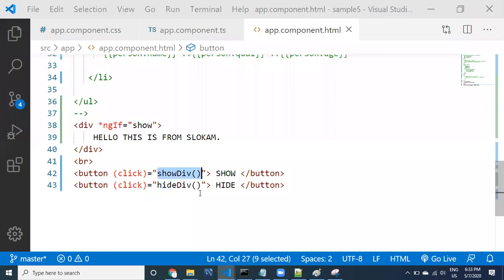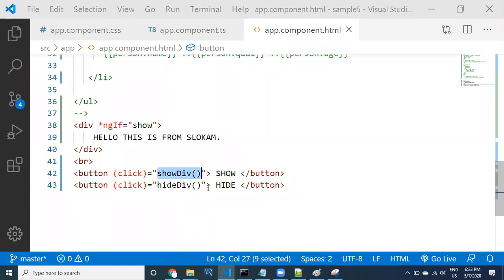But if you have to write so many statements, then you have to take the method. If it is only a single line, you can take the previous approach, no problem.